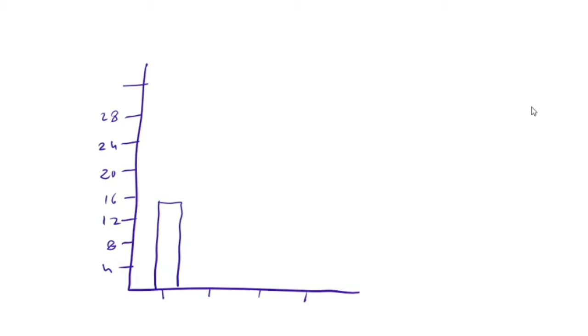Then the second, the number of women, is 28. So here is 28. This is the bar graph for women. Then boys are only 5, so here is 5, and the bar for boys is this. And the number of girls is 12, so here is 12, and this is 12.